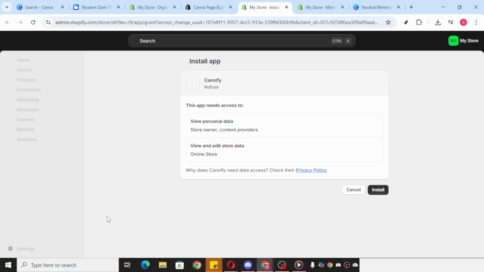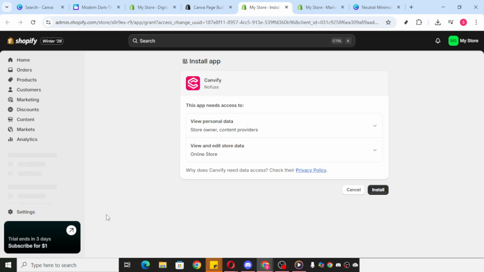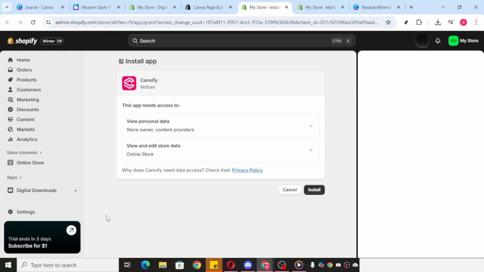That's all there is to it. Publish in Canva and copy the link, open your Shopify admin and install Canvify, then paste the link, add a title and import. With these steps, your Canva website is now integrated into